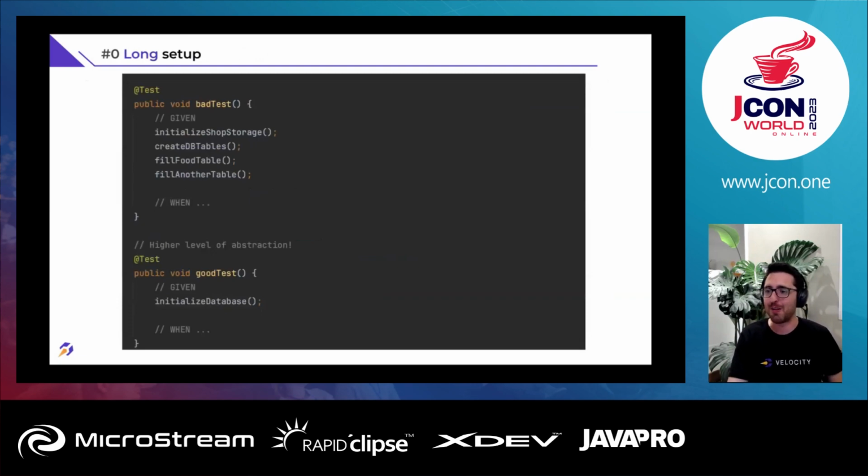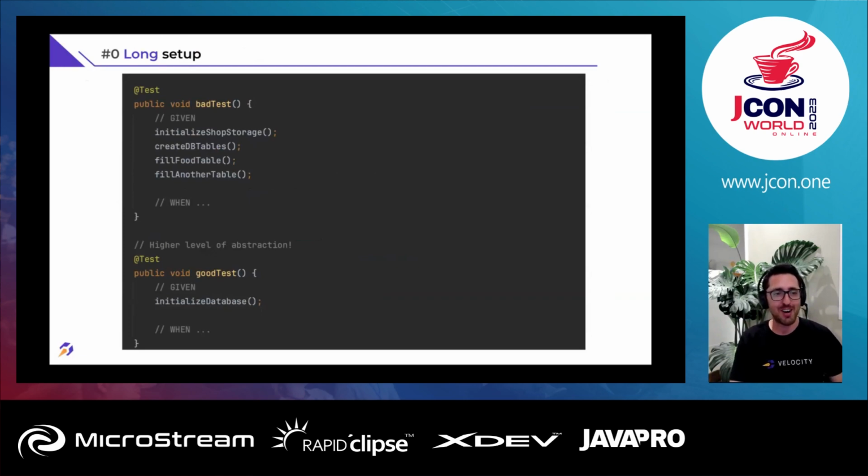Now, at least for me, when I started writing unit tests, I had really, really big sets of functions, and usually it's not a good thing. First of all, it's not readable. But if you have a really long setup, probably you can use a higher level of abstraction in order to deal with it. That higher level of abstraction, like the concept with functions, with dependencies, I think is the answer for almost anything in unit tests.